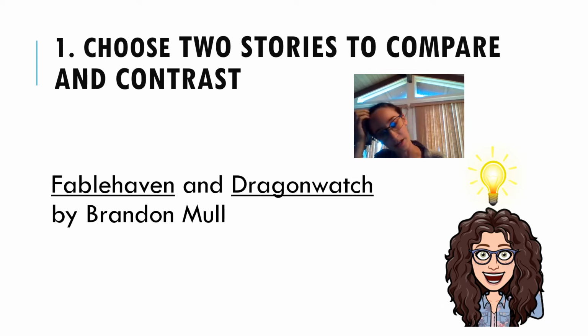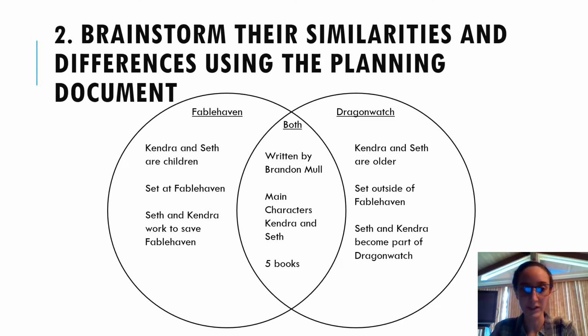So in our example, we're going to be comparing and contrasting Fablehaven and Dragon Watch. These are 2 stories that are written by Brandon Mull. So if you see, number 1, choose 2 stories to compare and contrast. We just did it! Awesome! We have Fablehaven and Dragon Watch. Okay, so our second step is we're going to brainstorm the similarities and differences of the stories that we chose